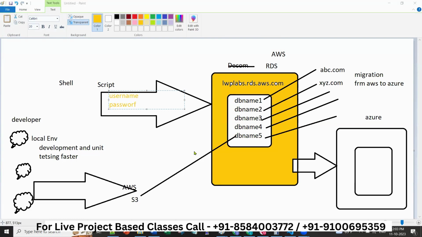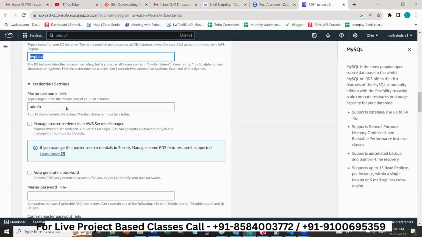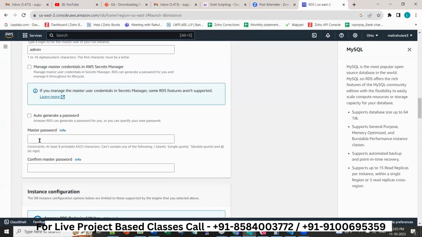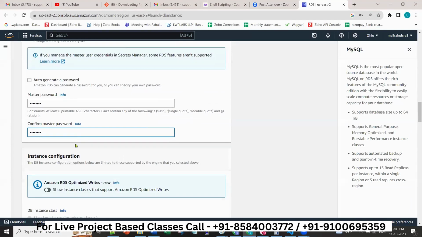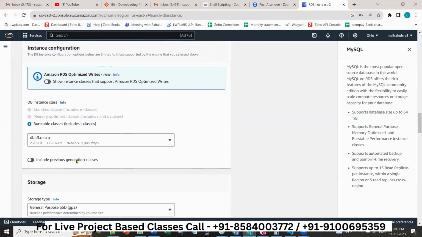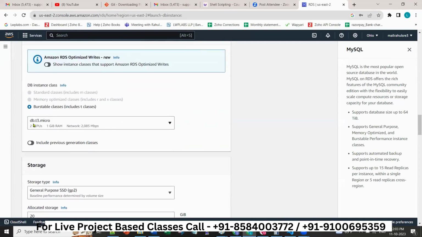Right? So admin is okay. Select master password. Okay, select something like welcome one. Type welcome one. That is good. Now once you do this, here you see there is a database which is already, the instance